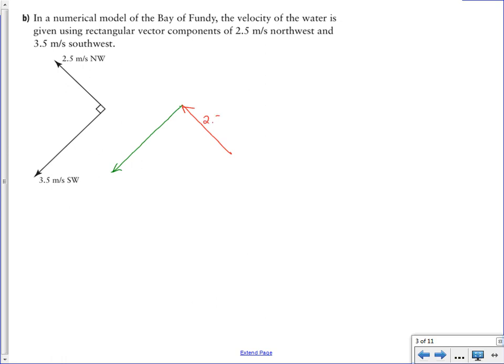I have 2.5 meters per second northwest, and I have 3.5 meters per second southwest, and then the resultant will be,